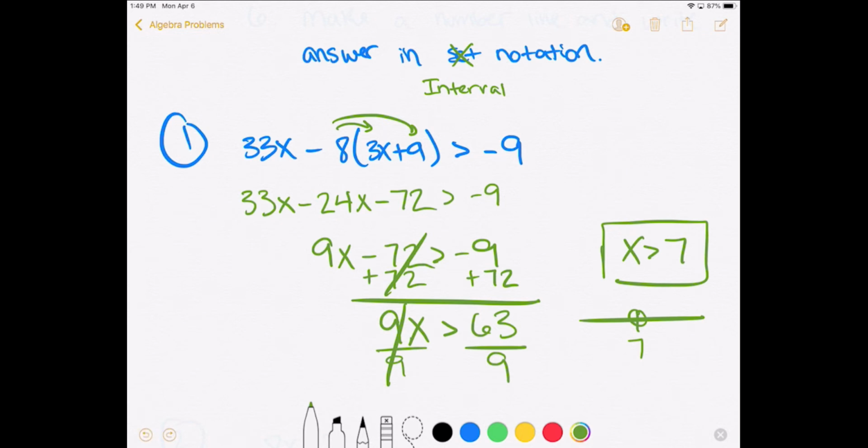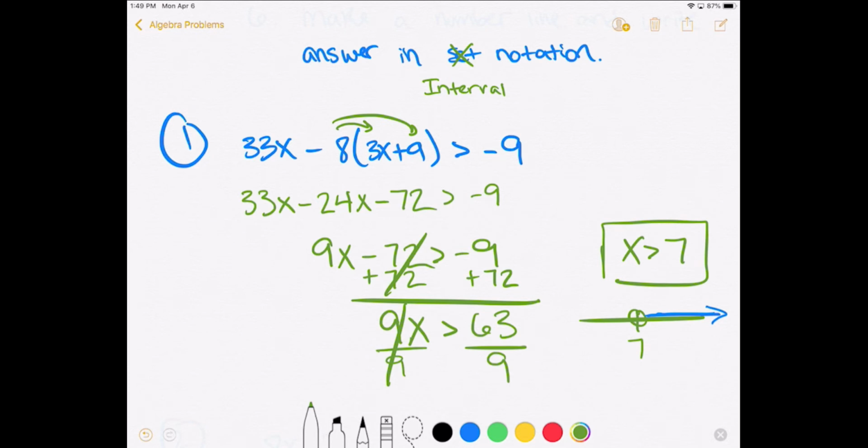Now, this inequality, again, you read it from the x. So it says x is greater than. The sign is eating the x, so that means x is greater than 7. So that means every number bigger than 7. That's every number this way. Okay? And then the final part of your answer is, if my answer is every number bigger than 7,